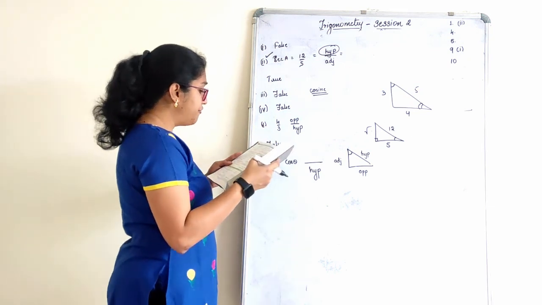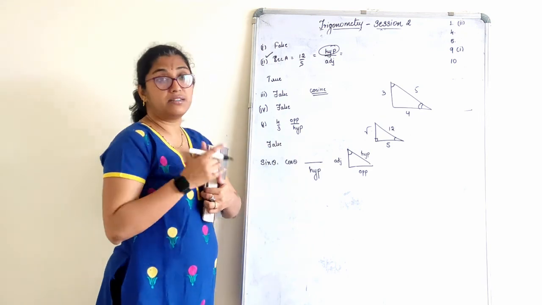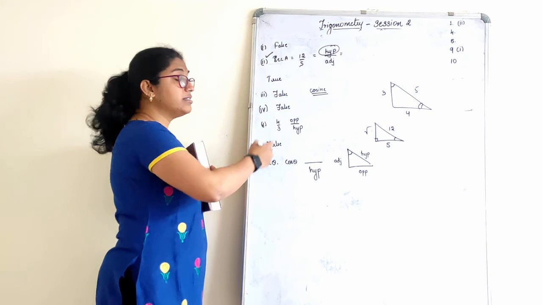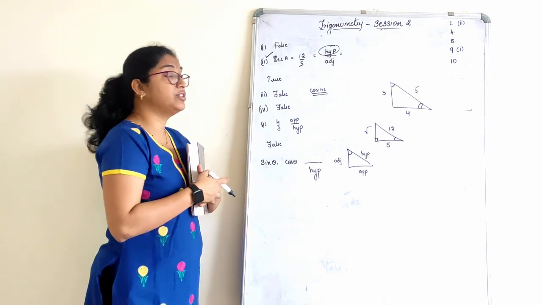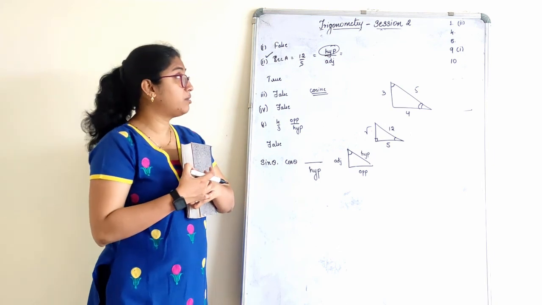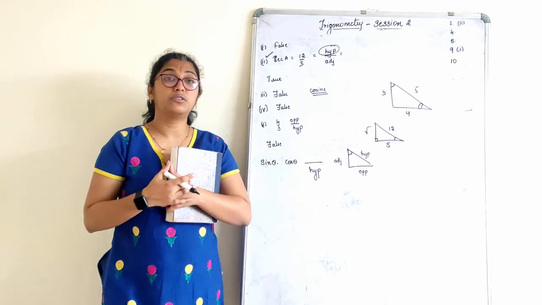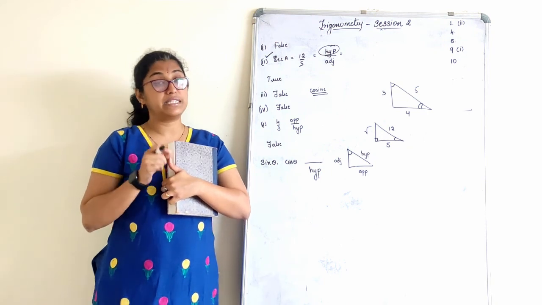So we have 5 fill in the blanks here. Answers I already discussed with you, but how to write them, I will send you all a small PDF where you can just copy it down. So with that, we complete the first exercise of trigonometry, that is about trigonometric ratios. The next exercise will start on trigonometric ratios of some specific angles.